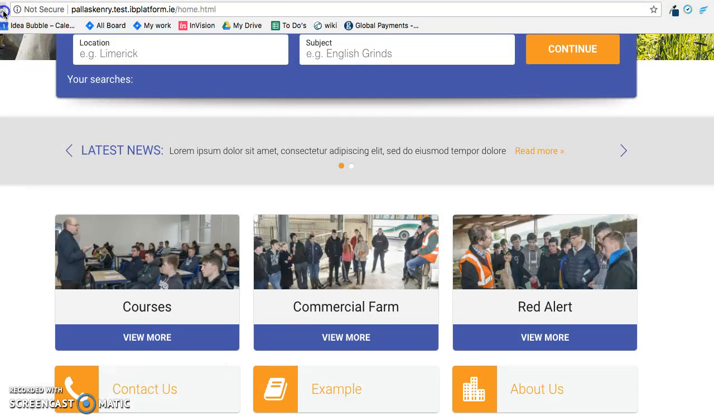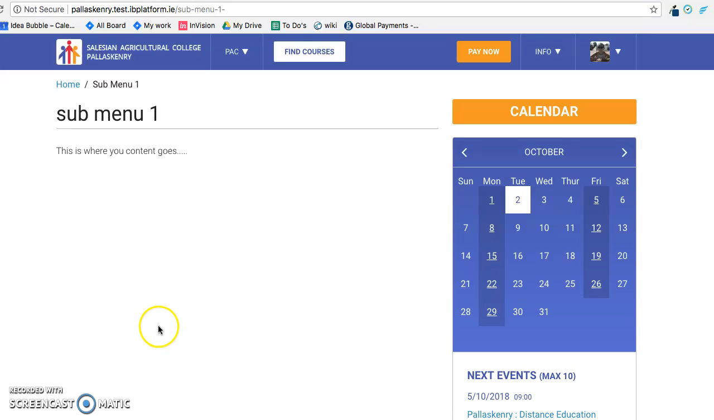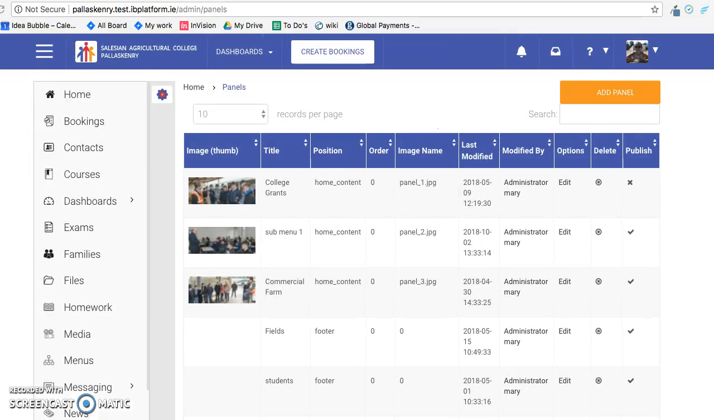I'm going to go into the front and I'm going to refresh. And I called it submenu 1. I'm going to view more and it's brought me to submenu 1 page, the page which I already linked it to. I'm just going to go through that one more time. I'm going to go into the back end. I'm going to go down to panel,